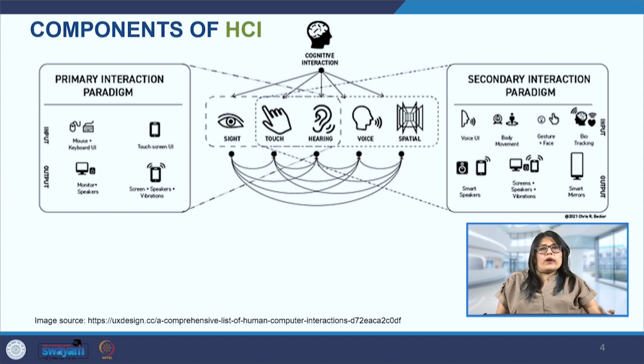So this provides tactile feedback to the user, sort of gives back a sensation to the user, and this allows them to feel the sensation and the environment. So this is like a feedback that they are getting through their skin. This we are seeing commonly in video games and in many other applications as well.